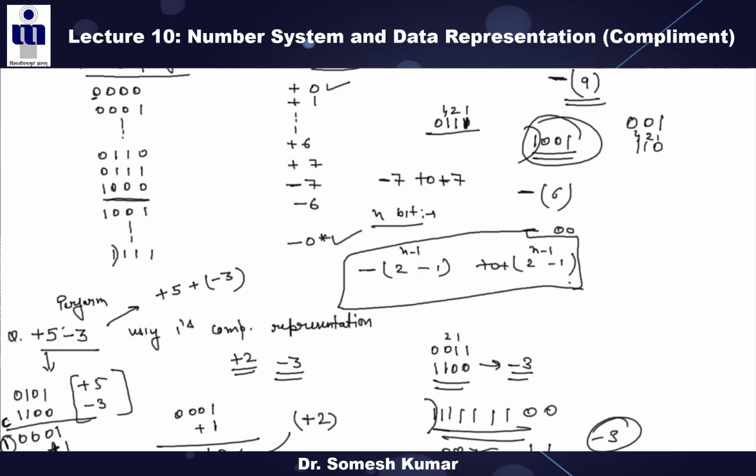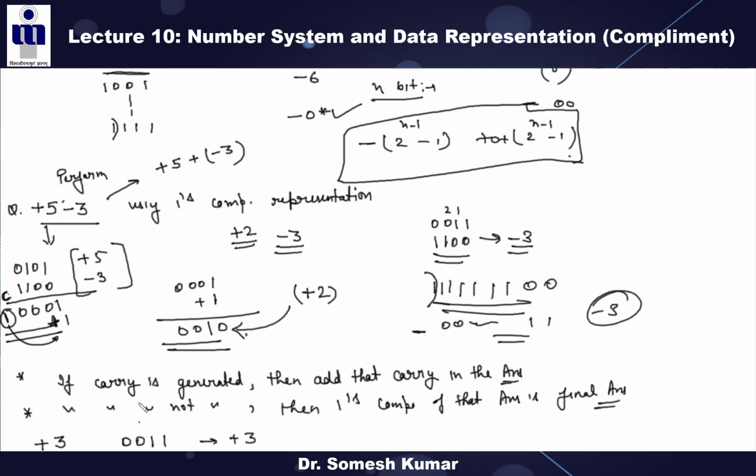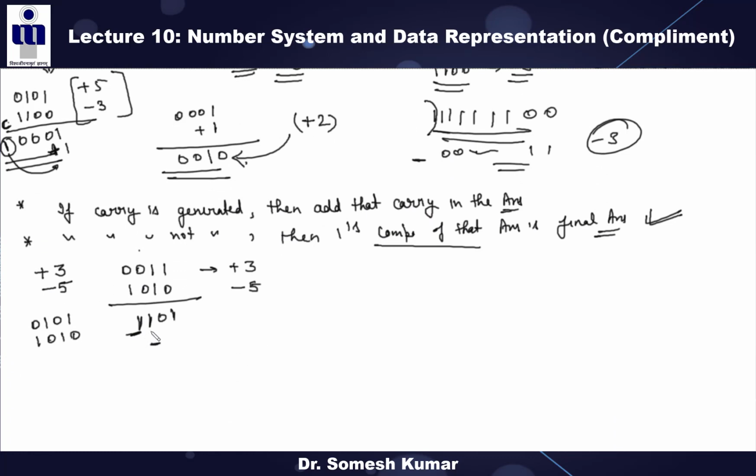So to overcome these disadvantages, 2's complement representation is used, right? Now we will discuss the 2's complement. Again you have to take the complement of this, right? See, this is your 1, so 1 means it is negative. Again you have to take the complement of this magnitude, so 0 1 0. So this is your -2, if you are saying, right?